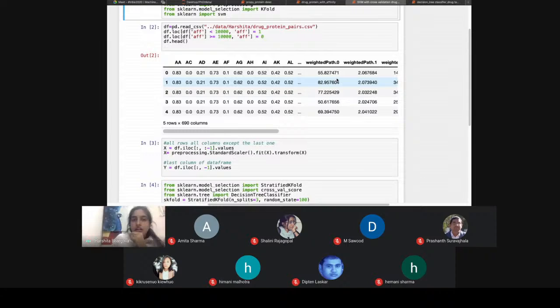Suppose you are working with SVM, you can change your kernels, what kernels you are employing. That can be done easily and experimented with. But in Orange, you have a visualization workflow that can be created easily. That will be demonstrated by Dr. Amita Sharma, ma'am. Over to you, ma'am.